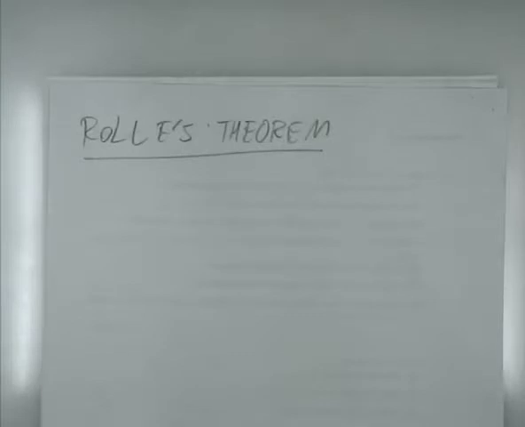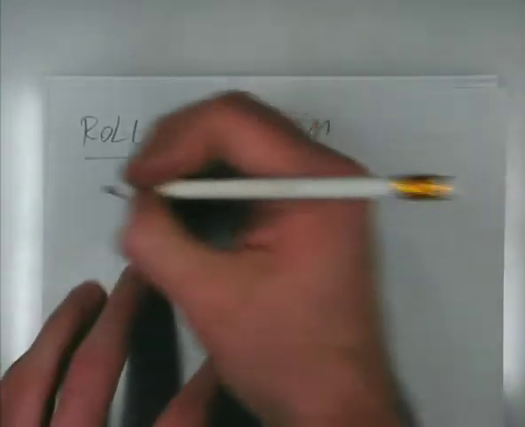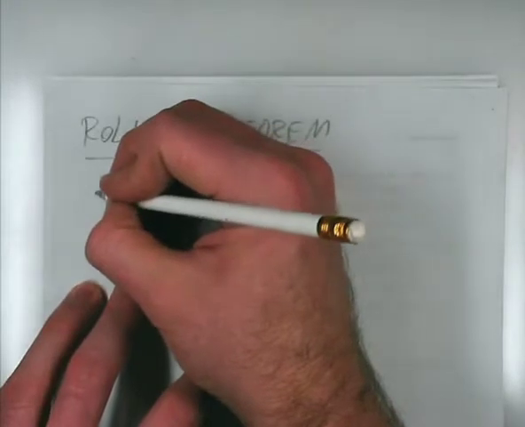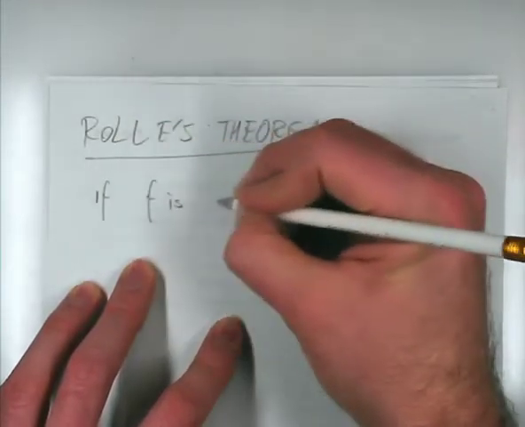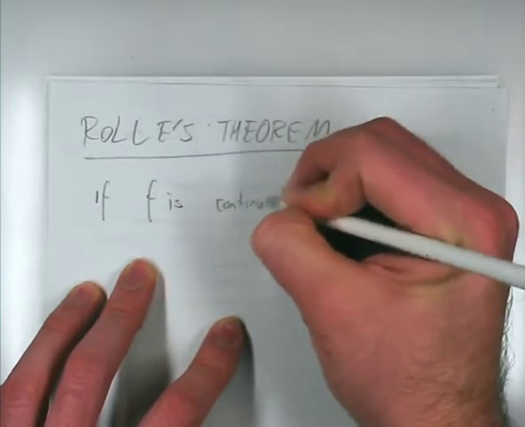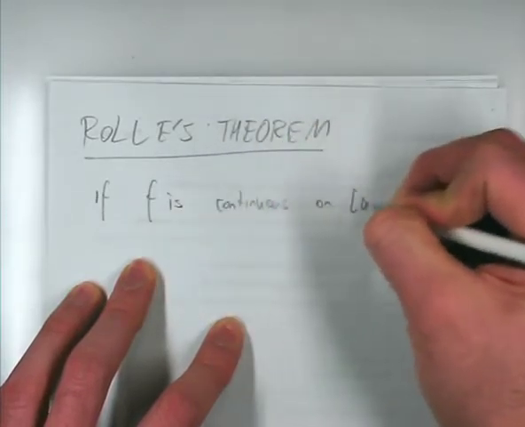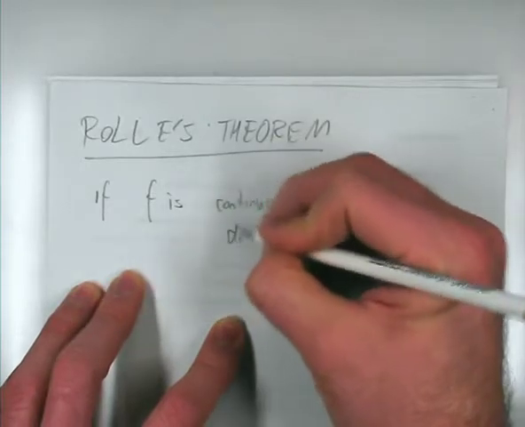Rolle's theorem: suppose f is continuous and differentiable on an interval, and if f of a equals f of b equals 0, then there is at least one c between them such that f dash c equals 0. Okay, so this is the actual theorem. If f is continuous on [a,b], differentiable